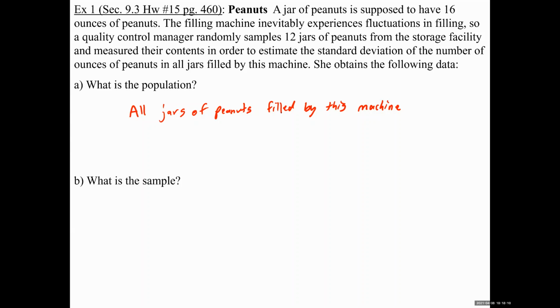Okay, part B, what is a sample? Someone tell me what the sample is. 12 jars of peanuts. Yeah, it's those 12 jars that we have, right? So let's see. The 12 jars of peanuts filled by this machine that the quality control manager